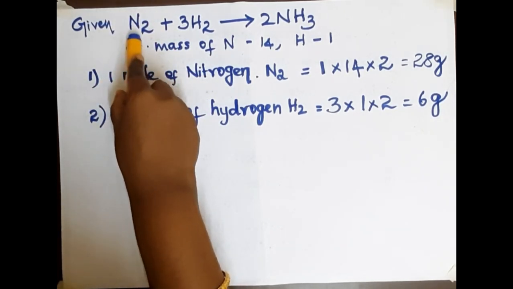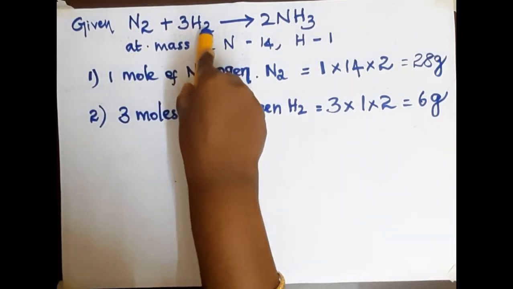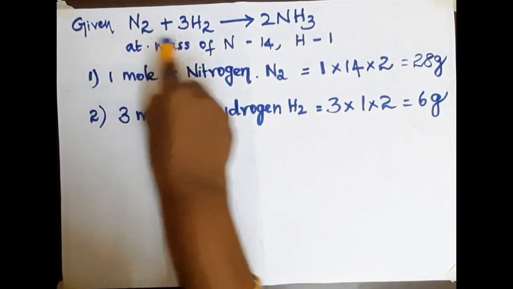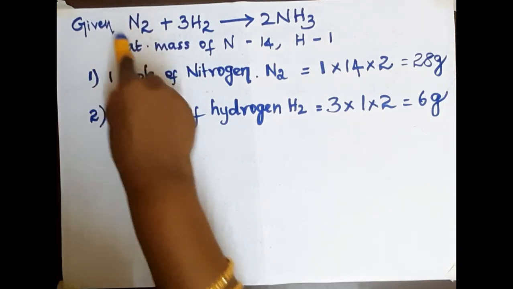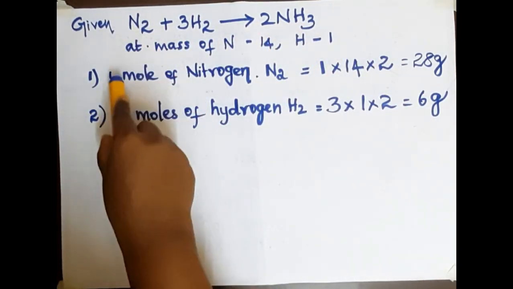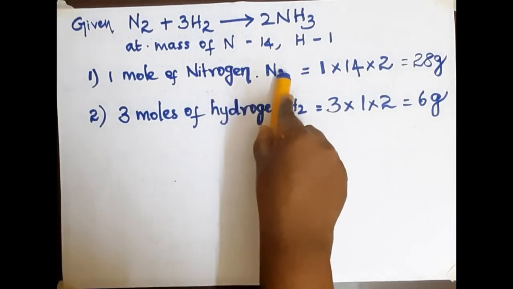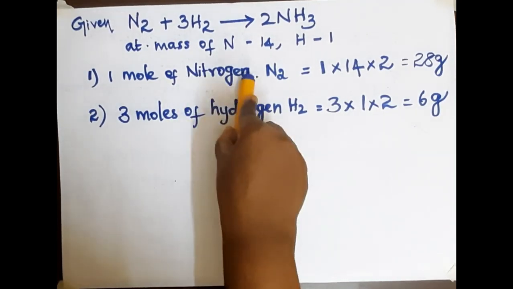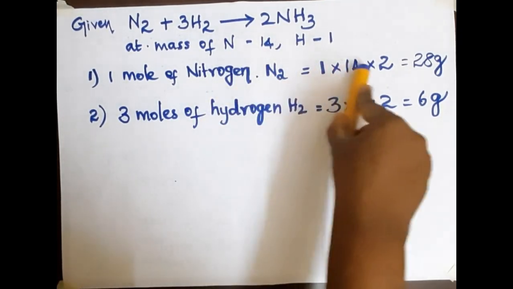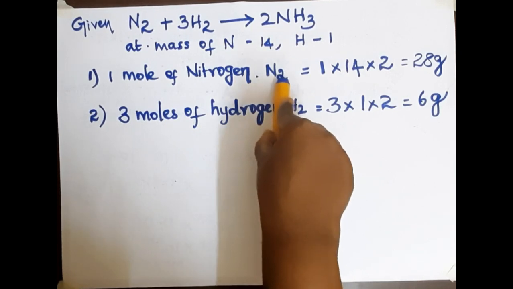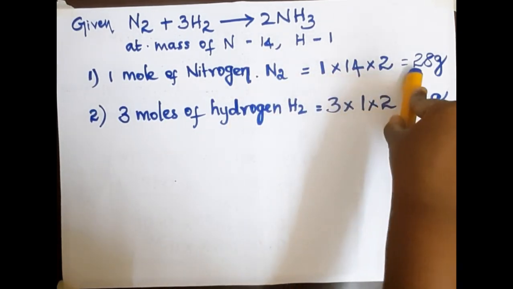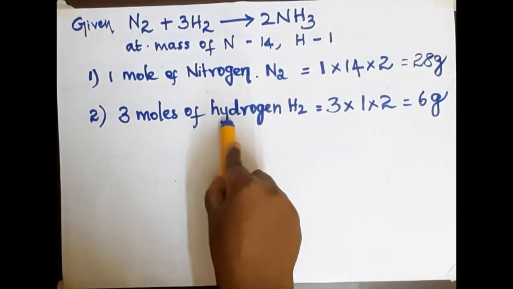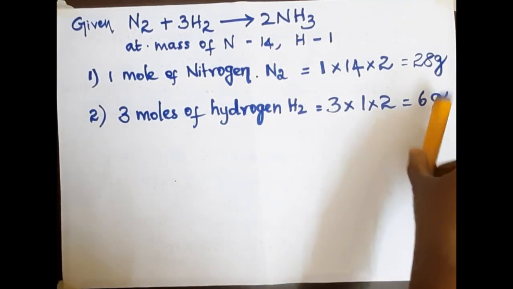So you have to write it as 1 mole of nitrogen reacts with 3 moles of hydrogen to give 2 moles of ammonia. In the question, they are asking to show that the equation is right, so we are going to calculate each and everything. 1 mole of nitrogen. How do we have to write? First you write the number of moles, 1, into the atomic mass of the element, nitrogen, that is 14. How many atoms are there, children? It is 2. So 1 into 14 into 2 is equal to 28 gram. 3 moles of hydrogen. 3 into, what is the atomic mass of hydrogen? It is 1 into 2. So totally it is 6 gram.